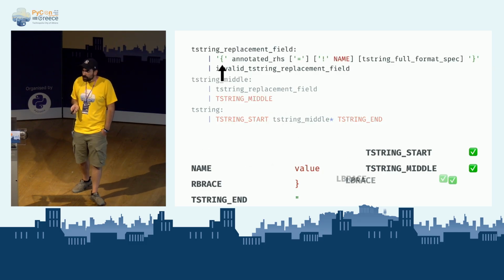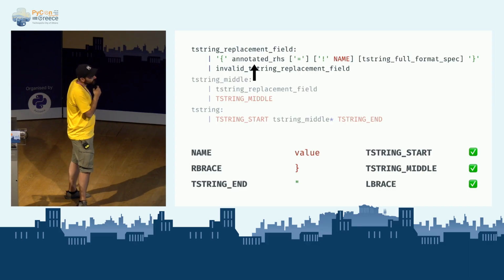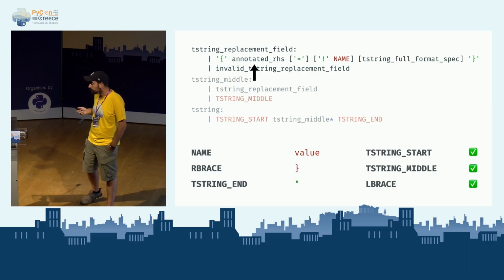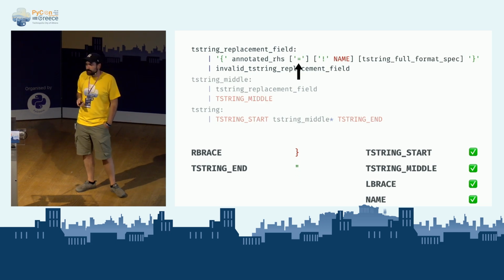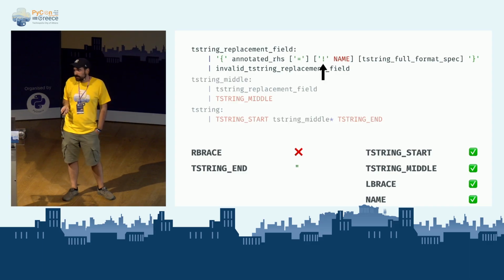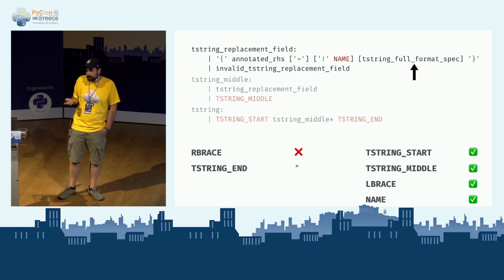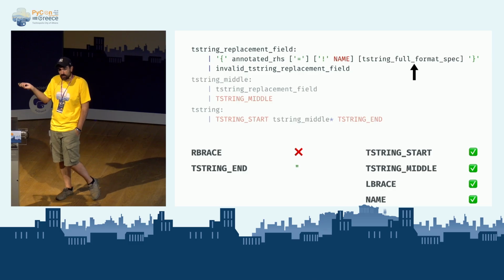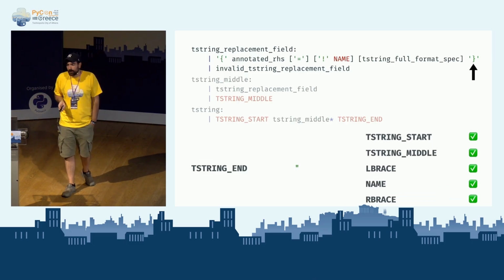We then have a brace. Annotated right-hand side is another rule. You're going to have to trust me that the name actually matches. And then there's also optional stuff. And in case we don't match those optional stuff, we're still happy. So we don't need to backtrack. We can just keep on. And at the end, we match the brace as well.